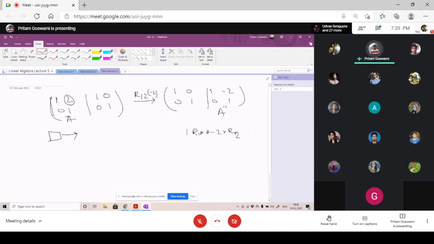Okay. What I was telling, suppose the matrix is not invertible, so how can I say that it will not have an inverse? In that case, whenever you are doing the row operations, you can always check the rank of the matrix. If the rank is not equal to n, the number of columns, then the matrix is not invertible, so we cannot get the inverse, right?